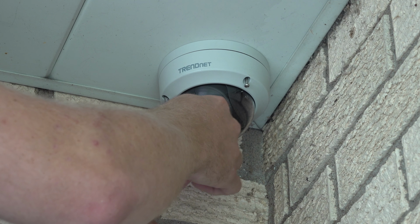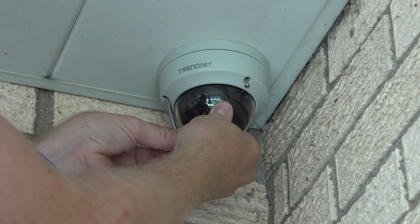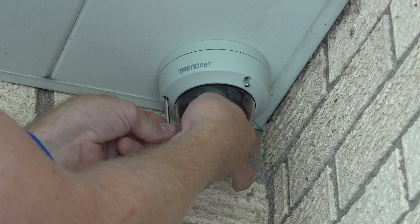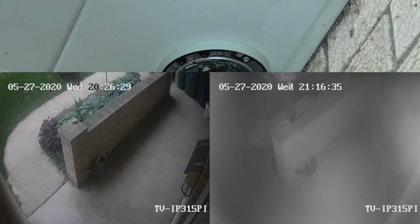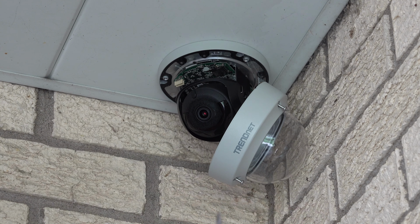But this is one of those things that I want to include in the setup video, because one of the things that I noticed real quick was that as soon as it became night out and we went into IR camera modes, I was getting lots of IR camera bleed on the dome. The dome would just, because the infrared lights are on the inside of the camera, in here, it would just bleed all over. So what I did is I had some adhesive,